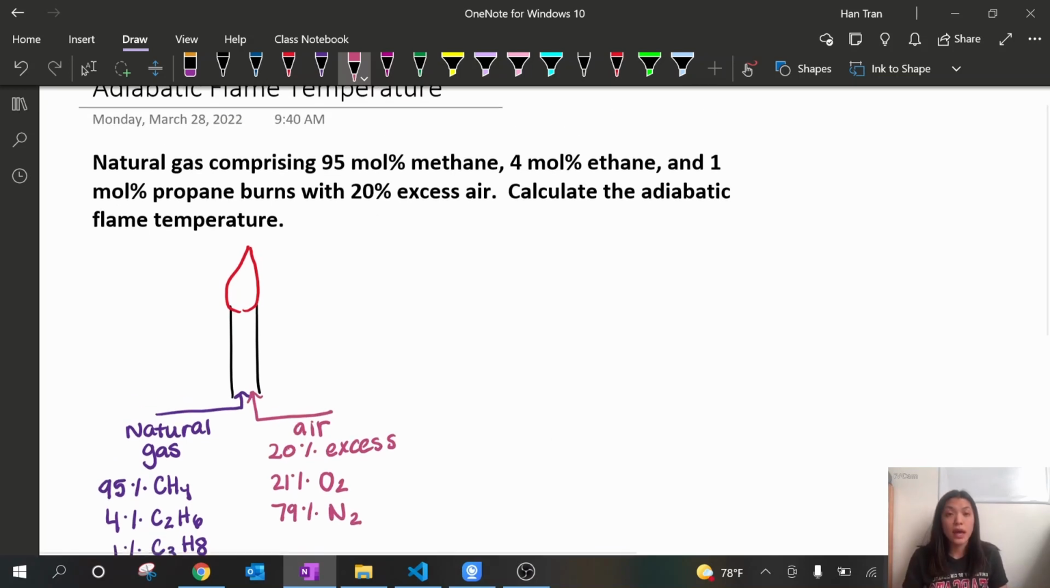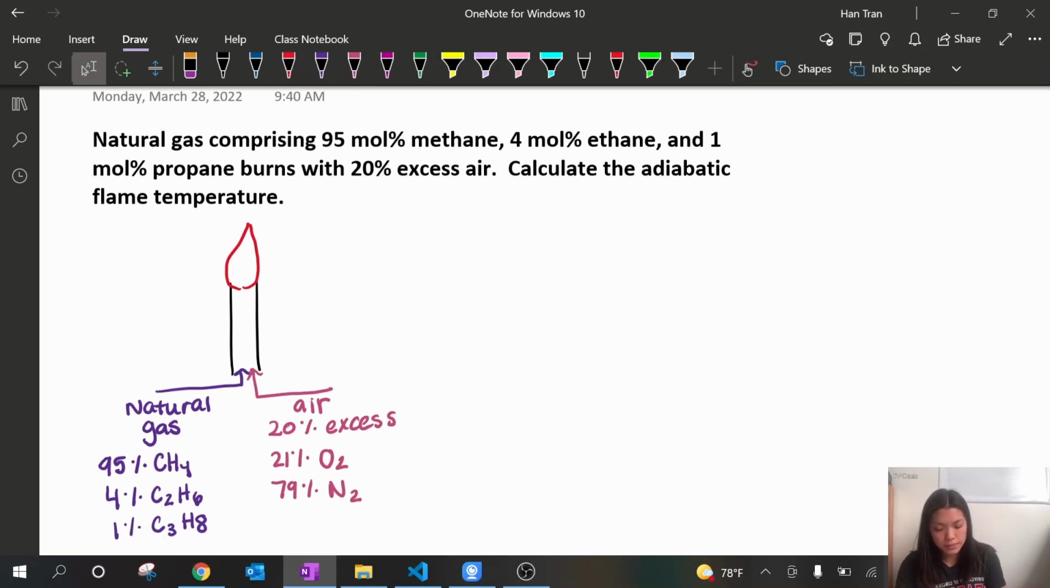So when we're taking a look at what the temperature of the flame would be, we know that the enthalpy of what's going into the burner has to be the enthalpy of what's coming out of the burner, aka the flame. So at a steady state,